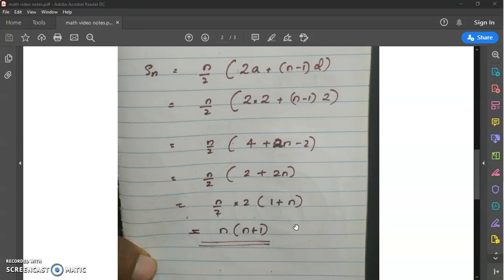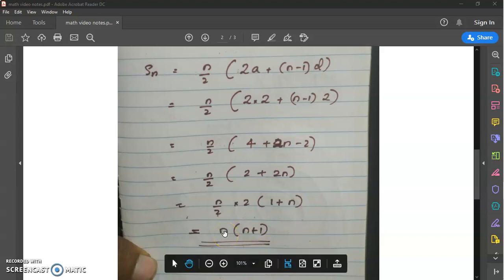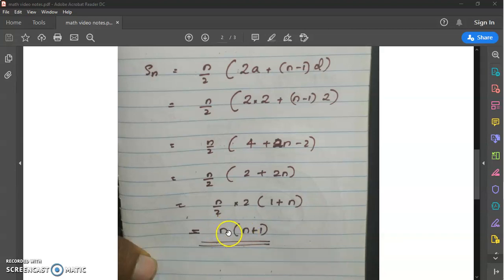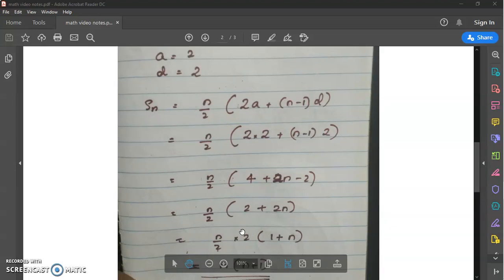That is, I ask you to find the sum of first 3 even numbers. Okay, what are the first 3 even numbers? 2, 4 and 6, right? 2 plus 4 is 6, 6 plus 6 is 12. तो वो तो तुम लोग ऐड किया. Instead of that, just put n as 3. 3 into 3 plus 1. 3 plus 1 is 4. 3 into 4. What is 3 into 4? 12.